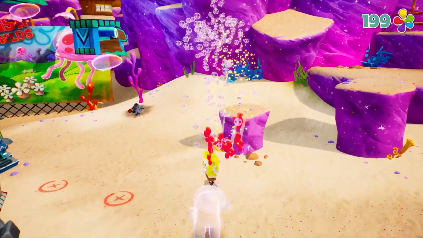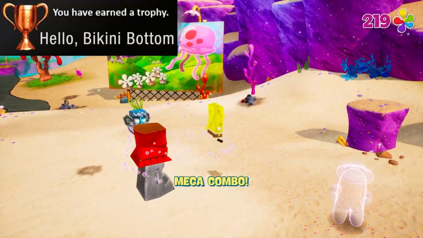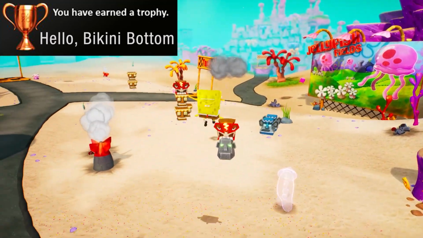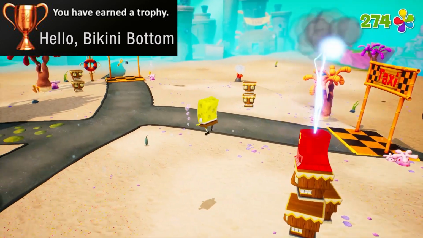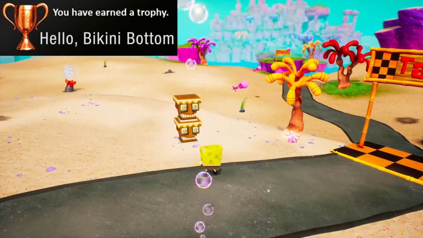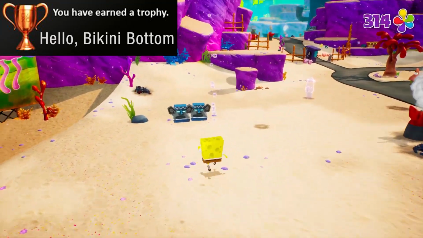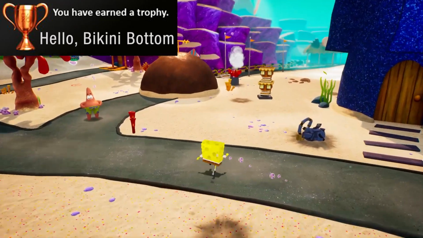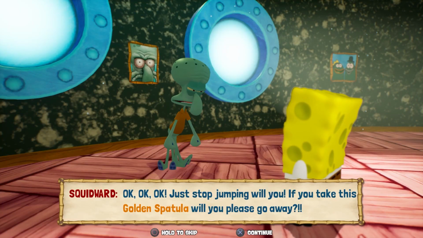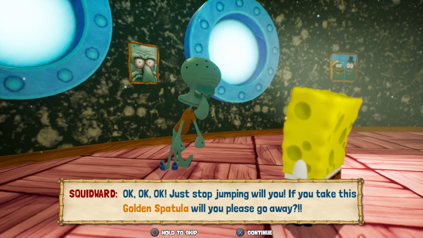Literally, as Bikini Bottom is the name of the main hub world, and you will collect the Hello Bikini Bottom trophy after you collect all 8 golden spatulas found in this area. The hub world is split into 3 sections with 2 progression gates that require a certain amount of spatulas in between them. So that means you won't be able to collect this trophy till later in the game when you unlock the 3rd section. One of those golden spatulas is found inside Squidward's Tiki Head House, and here is an